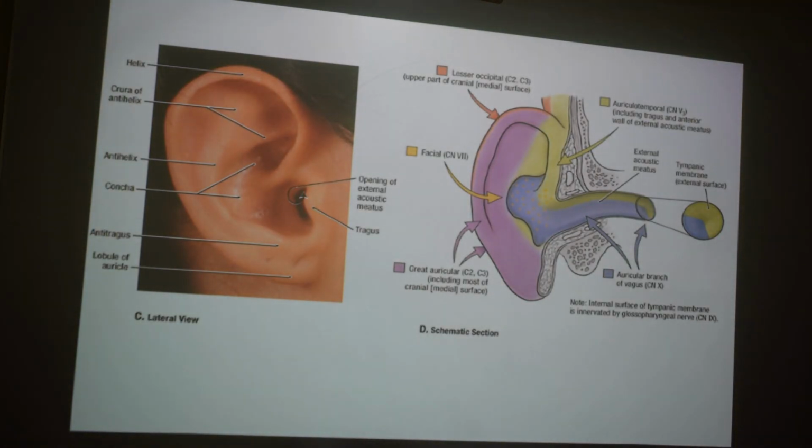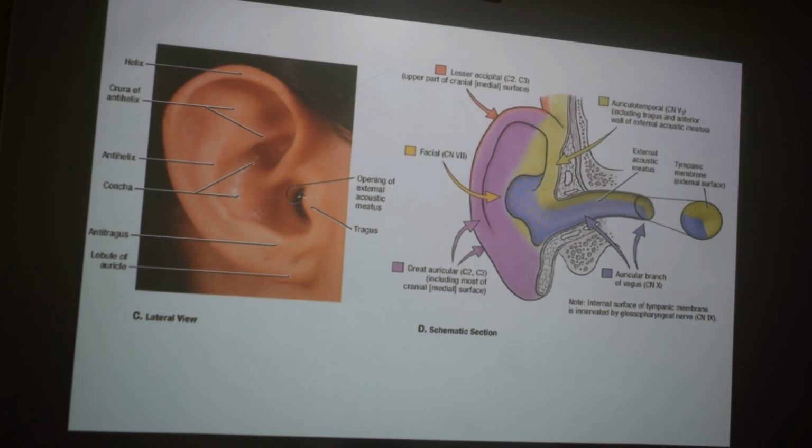Okay. The blood supply to the external ear is mainly by a branch from the posterior auricular artery, and also the branches from the superficial temporal artery. So the posterior auricular artery and the superficial temporal artery, there is also a little bit of contribution in the deep part of the external